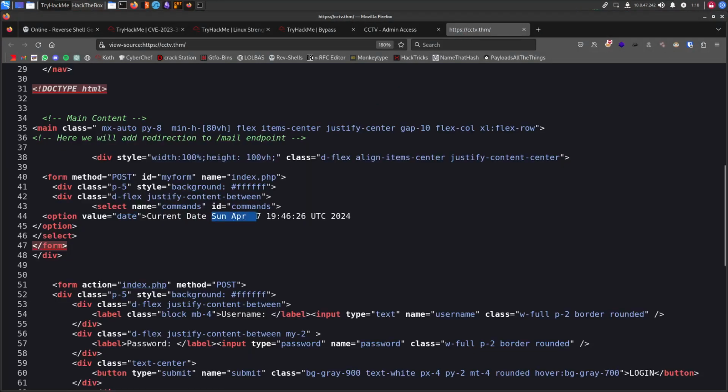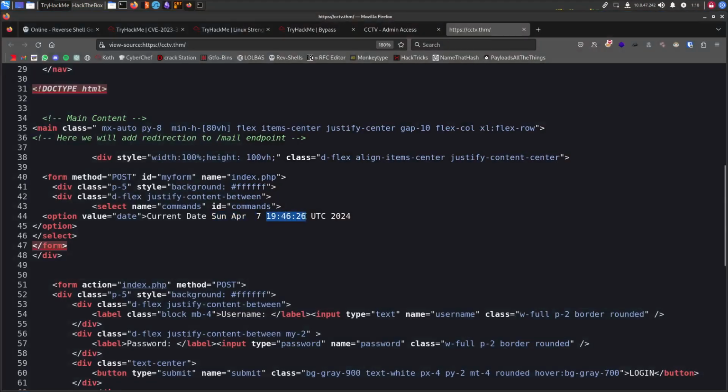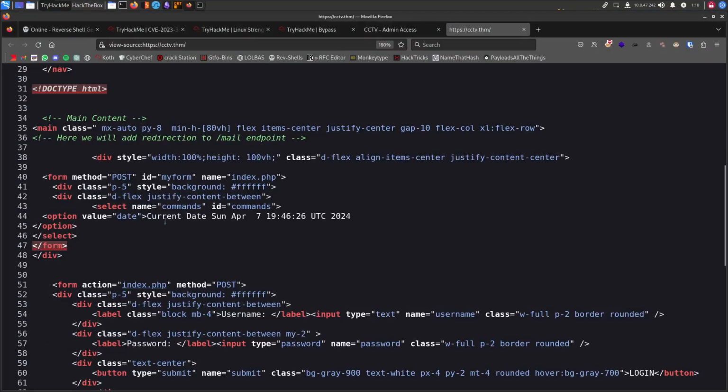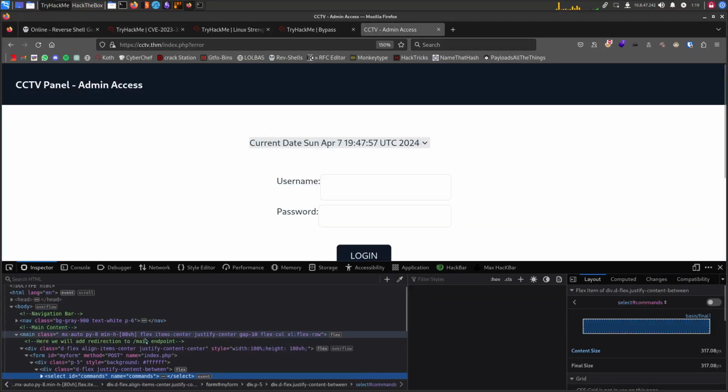Monday, April 8, the time, AM, and the UTC 2024. It's IST because I'm from India, and 2024. It's exactly the same output. So I'm guessing if we try to copy it, let's just copy it and right click and inspect this one, and